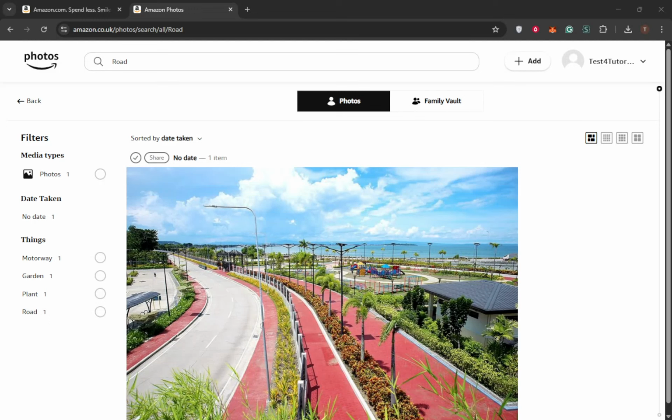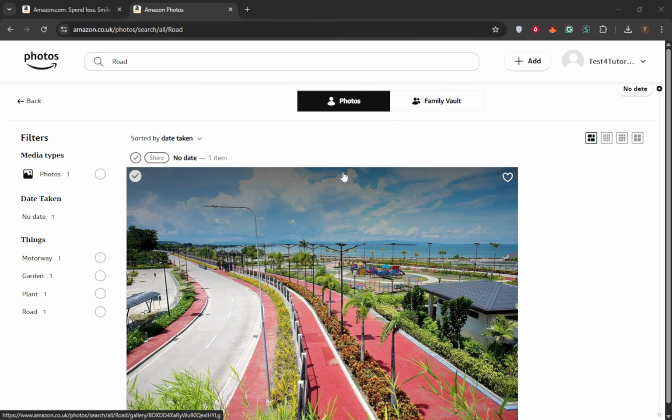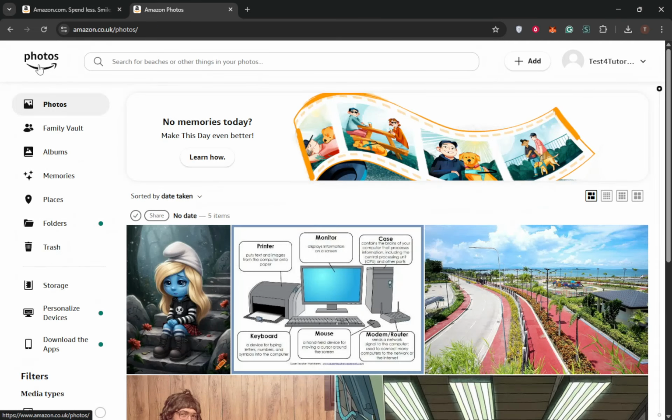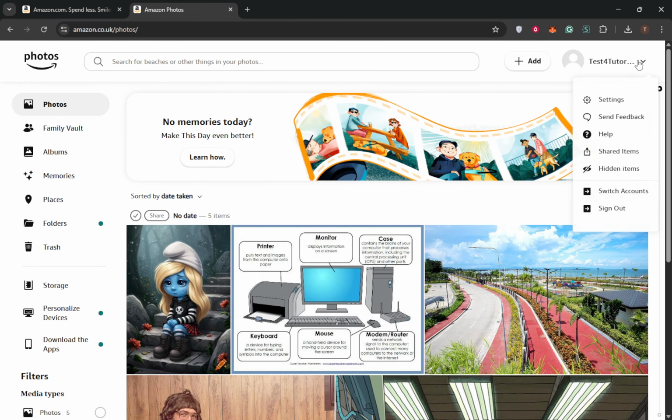In today's video, I'm going to teach you how to search Amazon Photos by people, places, or things using its image recognition features. Start by opening Amazon Photos on the web in your browser. Once your gallery loads, we'll make sure the service is set up to recognize what's in your pictures, so searches